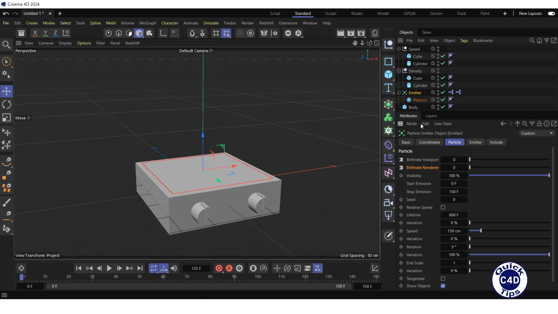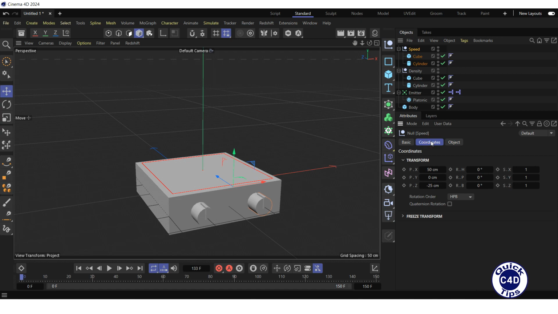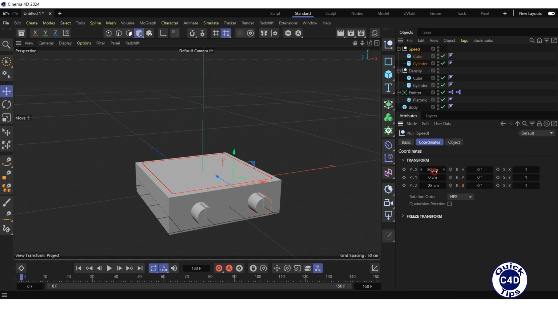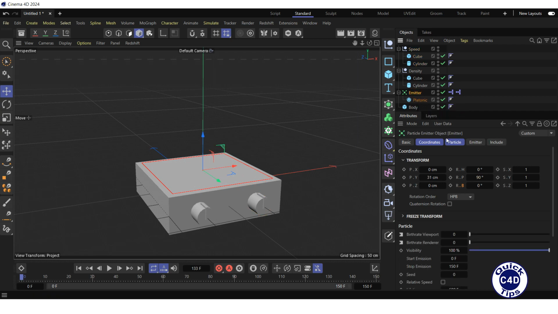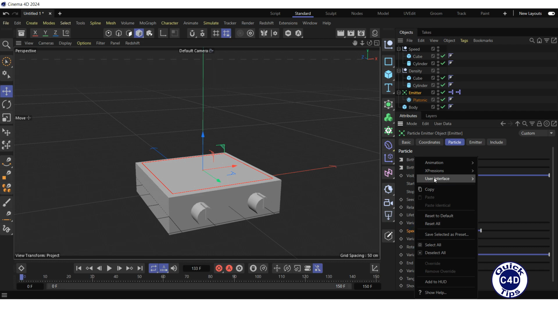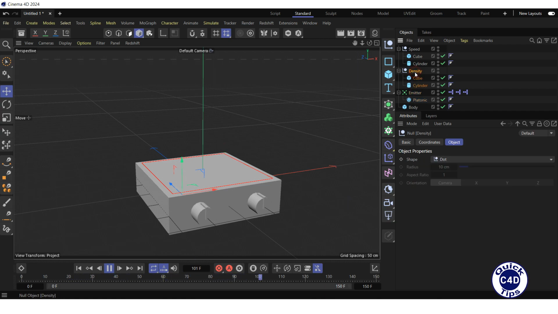Then select the Speed object in the Object Manager, go to the Coordinates tab, right-click on the RB property, select Expressions, and click on Set Driver. Select the emitter in the Object Manager, go to the Particle tab, right-click on the speed, select Expressions, and click on Set Driven Absolute. Start the animation by pressing the Play Forwards button, select the density in the Object Manager,